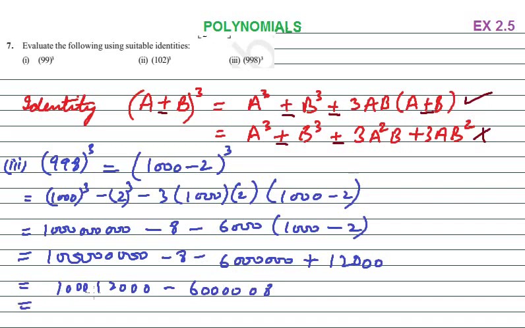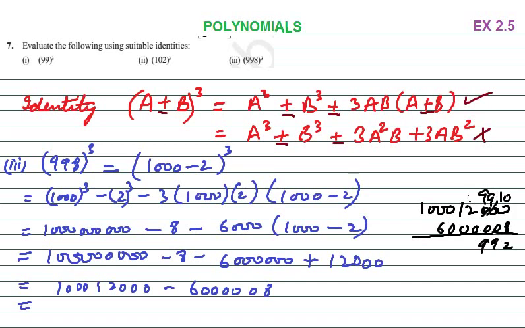Now subtract this term from this term. Let me do it over here. I'm doing it with a different color so that it might not get mixed with the original question. The color is not changed. So it is 1 triple 0, 1 2 triple 0. Under this we have to write 8, then 5 zeros, and then 6. So 10 minus 8 is 2. We had carried 1 from here, so 9,